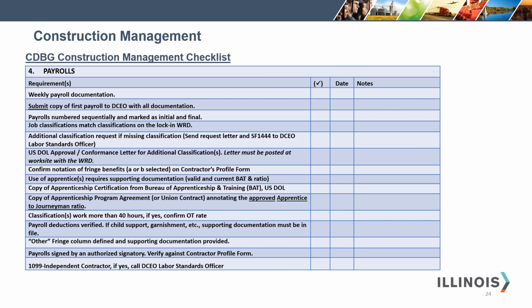Section 4 of the CDBG Construction Management Checklist is payrolls. You must keep weekly payroll documentation. Submit a copy of the first payroll to DCEO with all documentation. I have asked for the submission of weekly payroll for several years now, and I consistently get a copy of